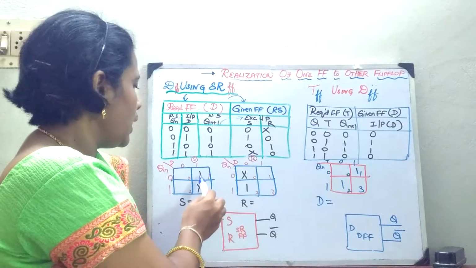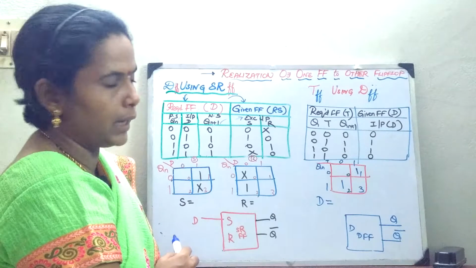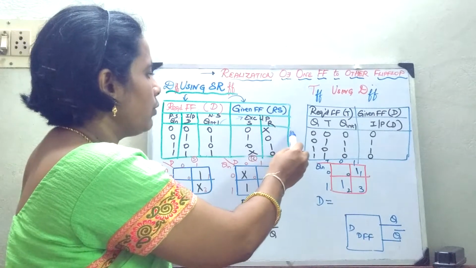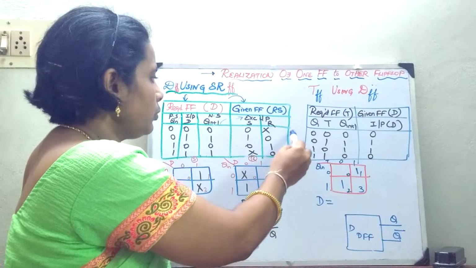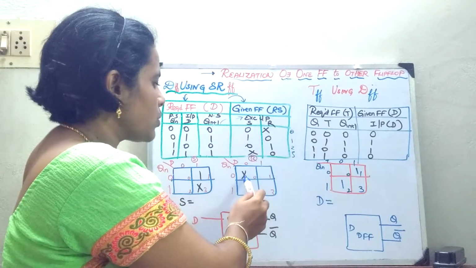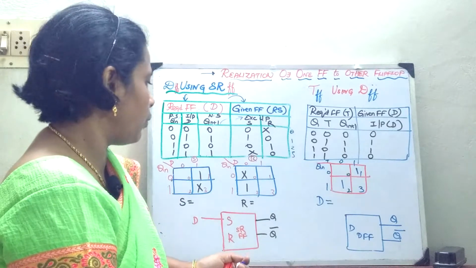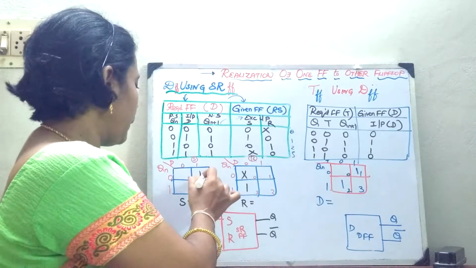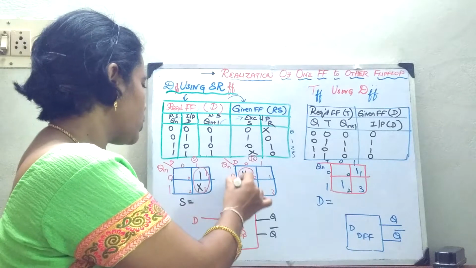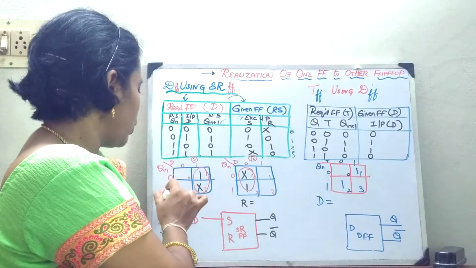So, in one place I have the output 1, and at 3 I have the don't care. Similarly, for the other input, with cells 0, 1, 2, 3, what will be the value here? 1 is a don't care and 2 is 1. Once this is done, plot the K-map expression and go for a 2-cell grouping. What will be the expression for this? It lies in this particular row 0, 1, it is not matching.